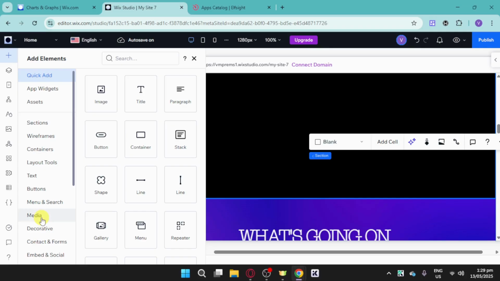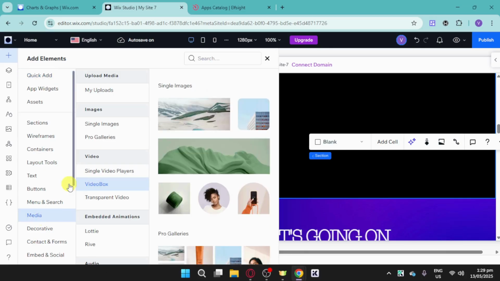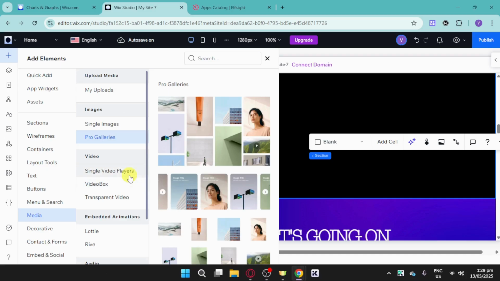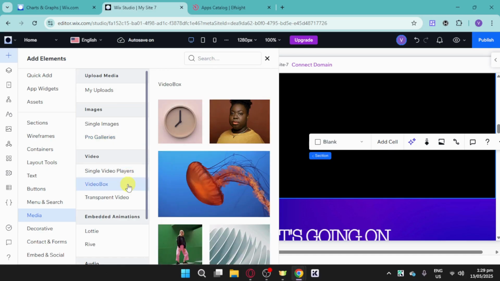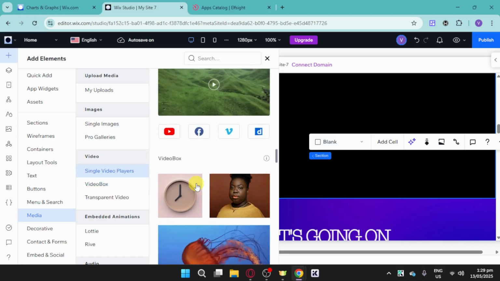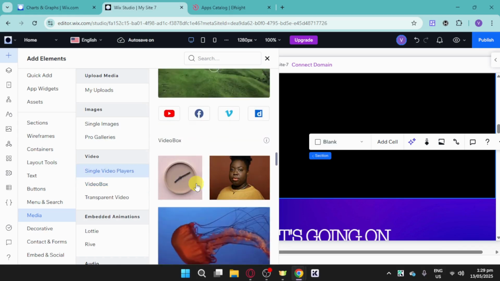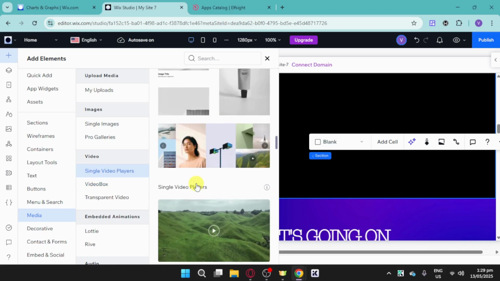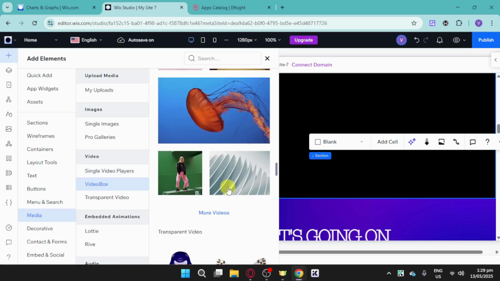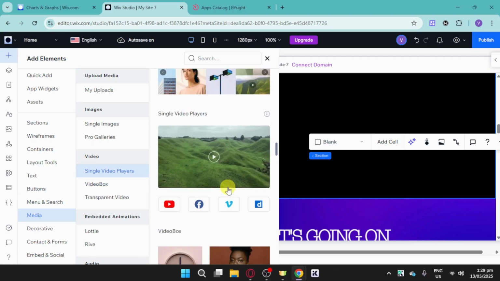And then from in here, you should be able to find this window box. We have single video players, we have video box, as well as transparent videos. So you can choose in here what kind of video you want for this part. You can also choose in here this one that actually helps you present a lot of videos in one click. So just choose in here which kind do you want